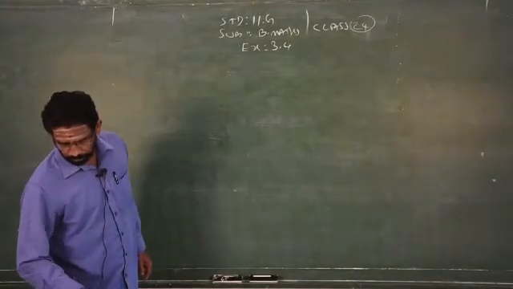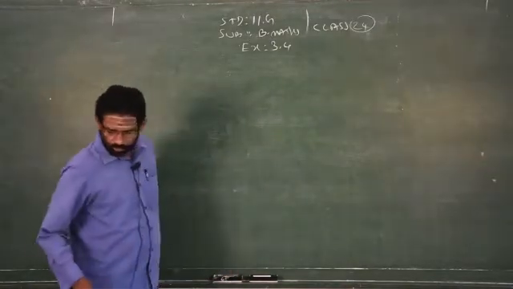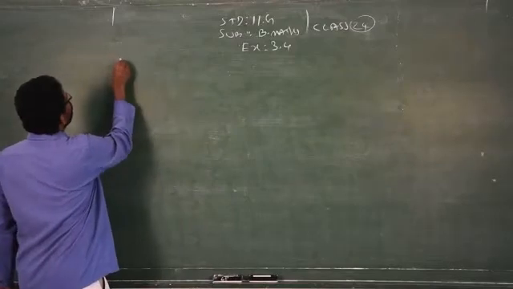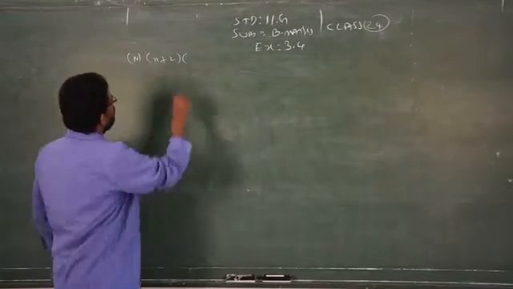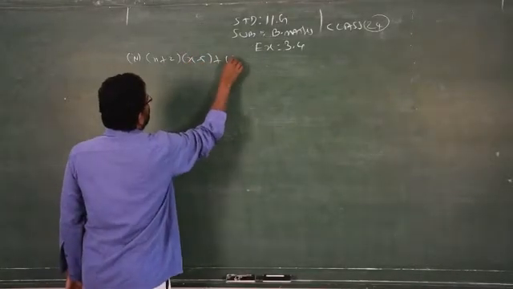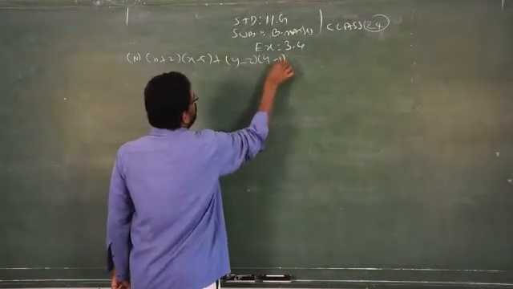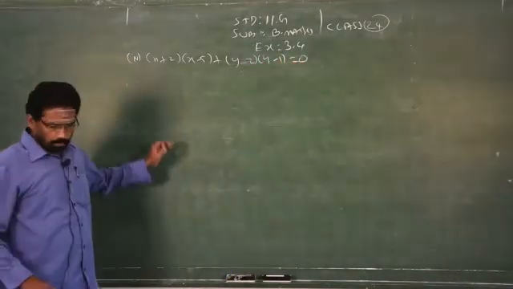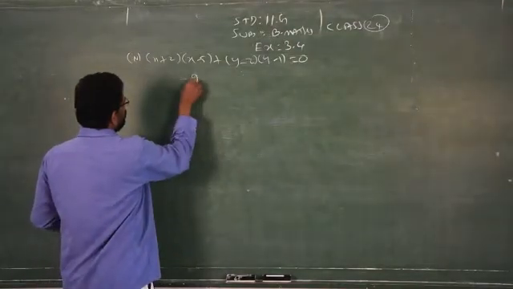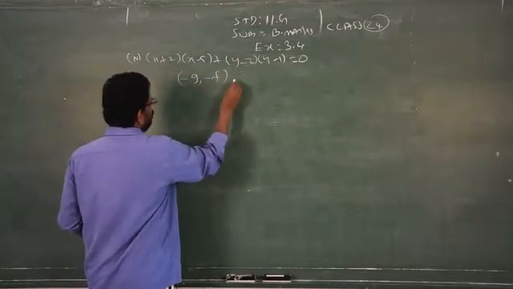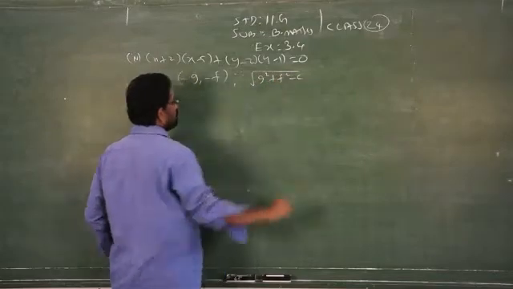So we continue the sum number 4 under the question number 2, that is (x + 2)(x - 5) + (y - 2)(y - 1) = 0. You have to find out the center and the radius of the circle. You know the formula to find center, that is (-g, -f), and to find the radius, the square root of g square plus f square minus c.